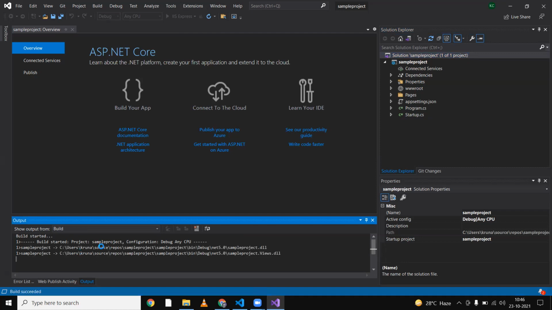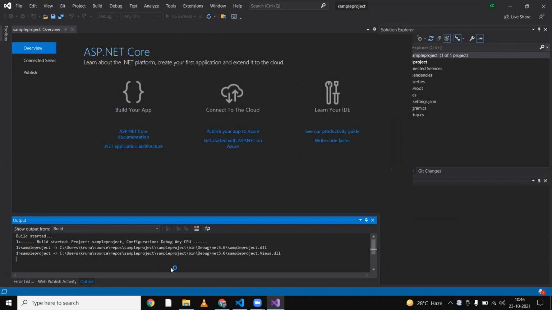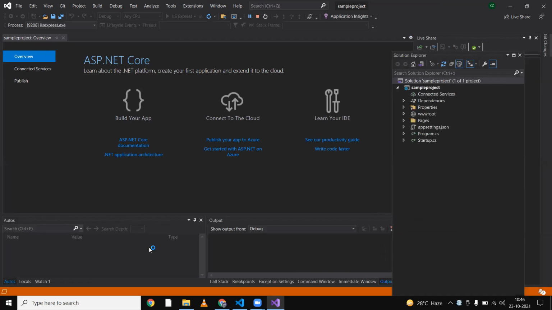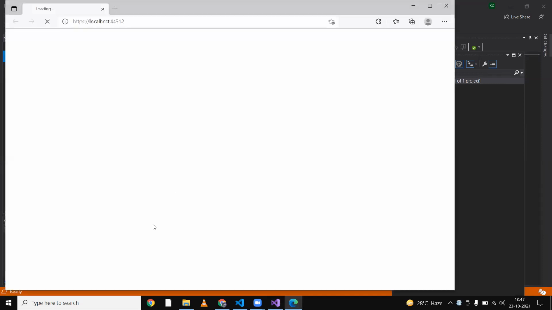And after building this project code, I will get an output, and that output will open in a web browser. So let it finish, and now your output is opening.